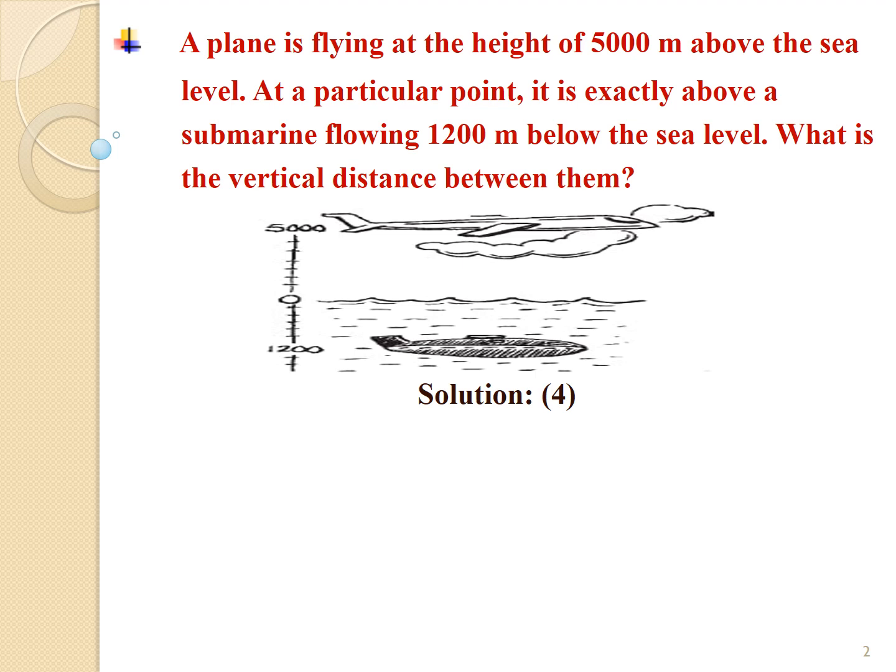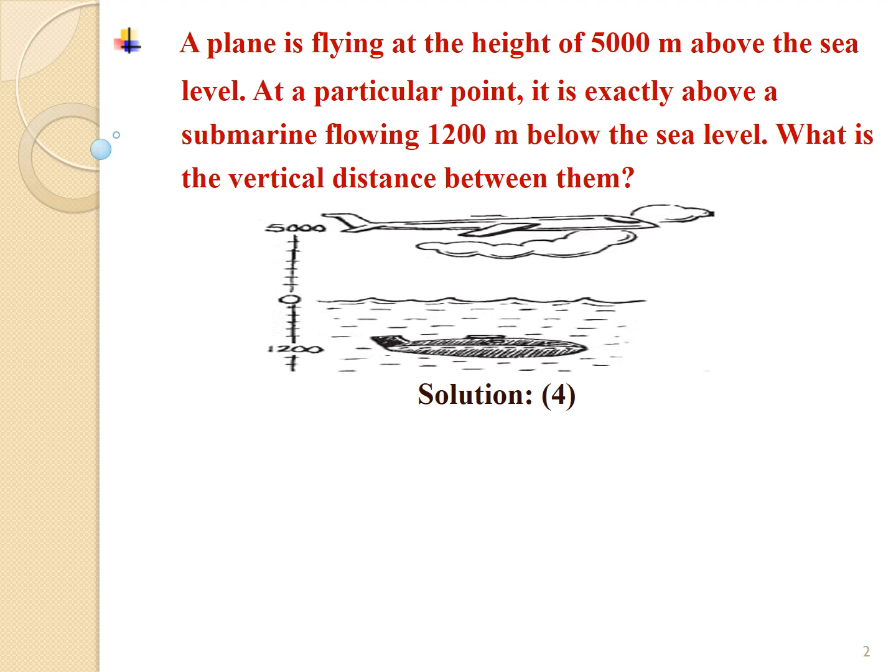Students, note that we consider minus 1200 as negative integer as the word below is given to us. So, let us solve question number 4. After writing the necessary information given to us,